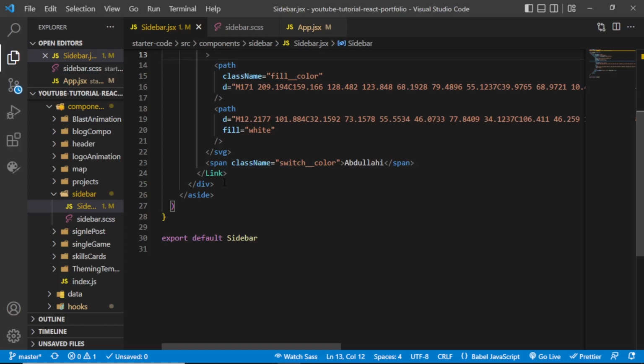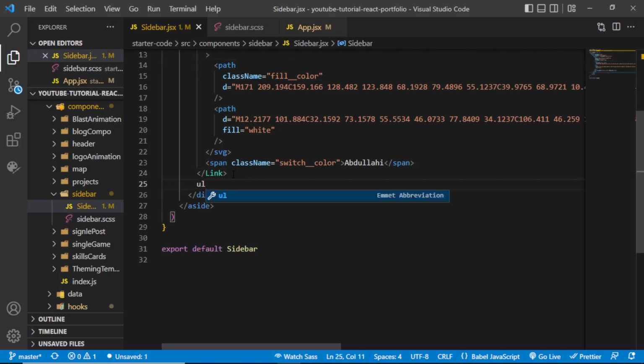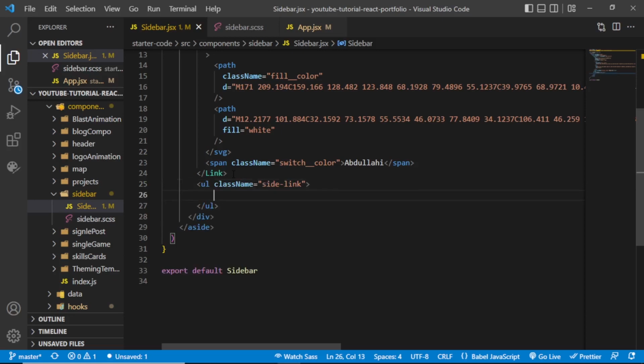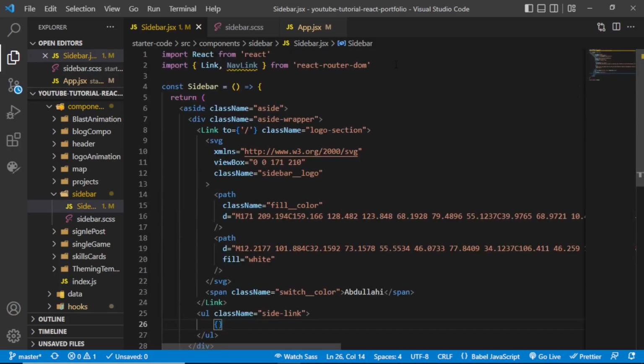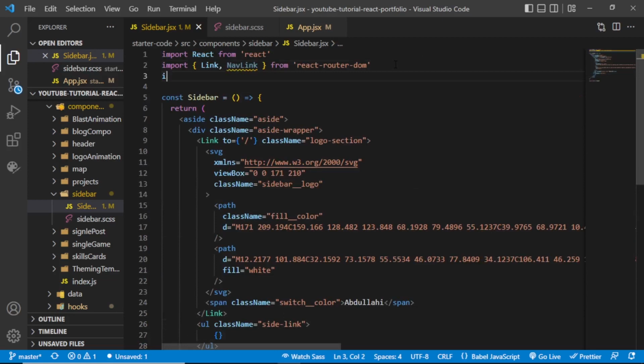So immediately after the link, let's create a UL with a class name. It's going to have a class name of side link, like so. And in here we want to render a few things, but we haven't imported what we want to display here. So all we have to do now is navigate back to the top, and now we can import the